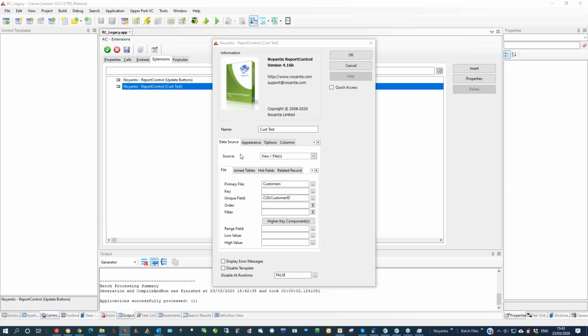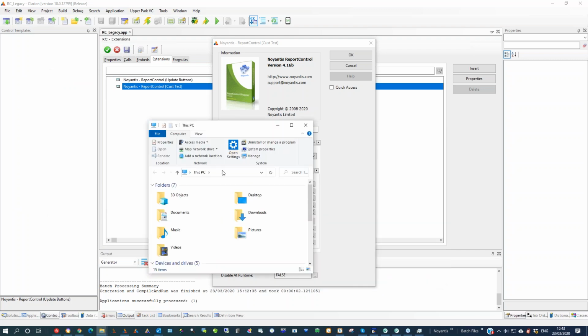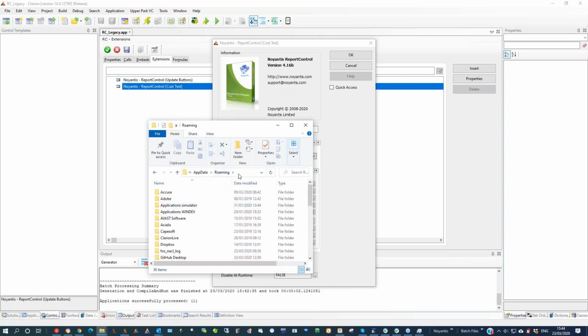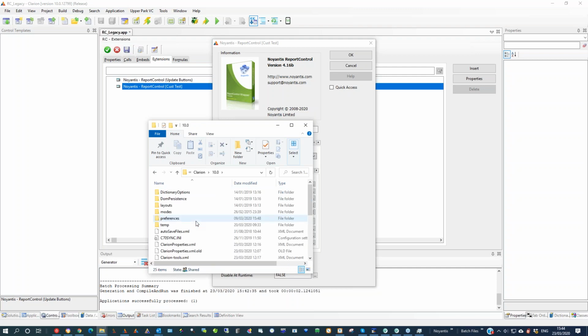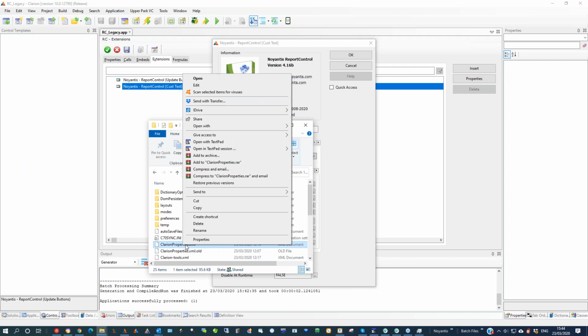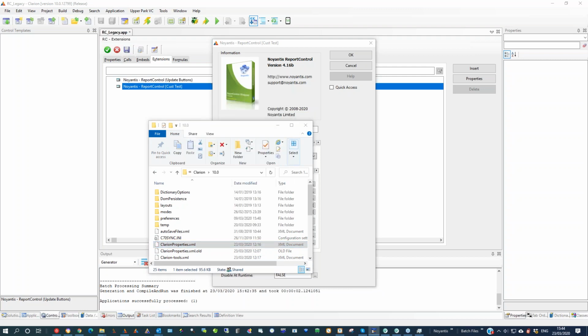And from memory, and we'll probably have to do a bit of digging, but if you open up Explorer, app data percent, that'll take you into your Microsoft and the roaming and so on. We want SoftVelocity, Clarion. Now I'm in 10 here. I always use 10 for testing at the moment. And in there, we will probably have, there you go, Clarion properties.xml. And if I was to send that to TextPad,